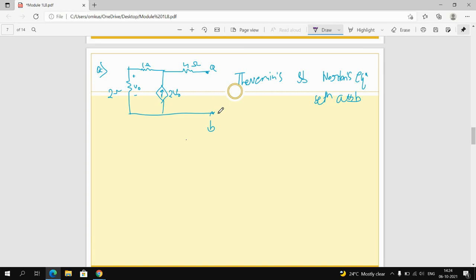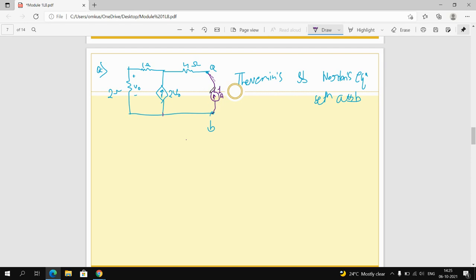See, this is a type 3 question for Thevenin's theorem, right? Here only a dependent source is given to you. So here you can excite this network by adding a 1 volt source, by connecting the 1 volt source here, or by connecting a 1 ampere source here. So in this case, I connected a 1 ampere source here, right?